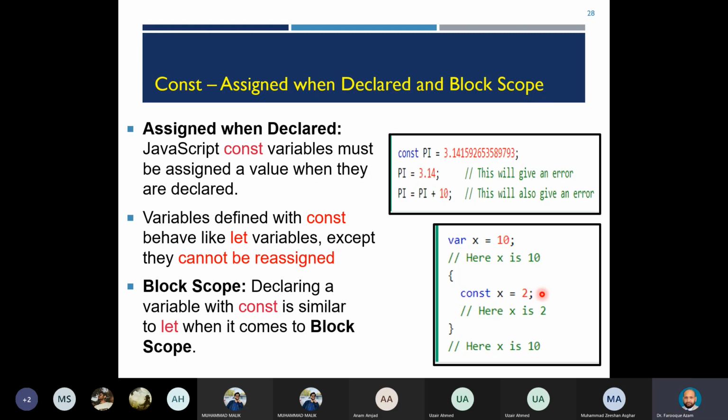लेट से जो वेरिएबल डिक्लेयर करेंगे, लेकिन कांस्टेंट से जो वेरिएबल डिक्लेयर करेंगे उसे री इनिशियलाइज आप नहीं कर सकेंगे। यानी कि अगर मैंने कांस्टेंट x इक्वल टू 2 इसके अंदर दिया है, तो बाहर अगर मैं निकलता हूँ इस ब्लॉक से तो मुझे x2 नहीं मिलेगा, रादर x जो ग्लोबली विजिबल है, जो डिक्लेयर्ड x है वो मुझे विजिबल होगा। तो कोई क्लैश नहीं होगा इसका आपस में ग्लोबल वेरिएबल के साथ।